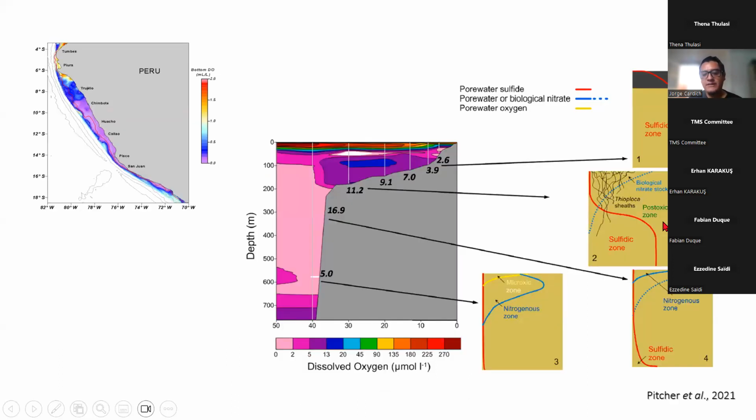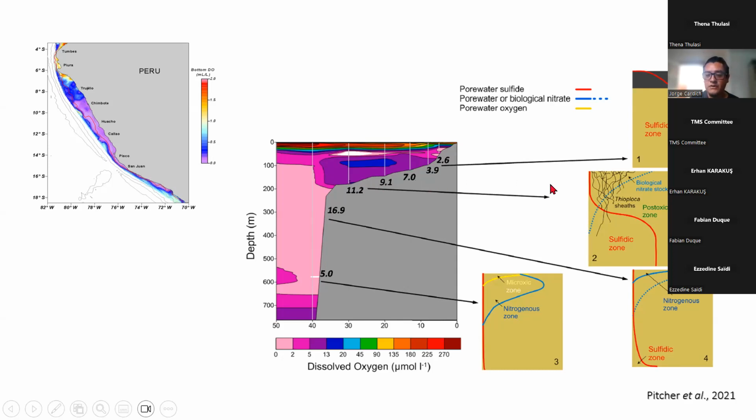So what microhabitats do we have for the benthic organisms? Basically, we can have 4 microhabitats that we have detected yet. Close to the coast, in the inner shelf, we have sediments with a very fluffy layer in the first centimeters, and a very intense sulfidic zone. There's a lot of productivity coming from the surface, and the waters are very anoxic, and in the sediments, the pore waters are sulfidic.